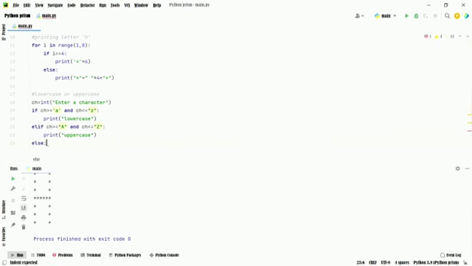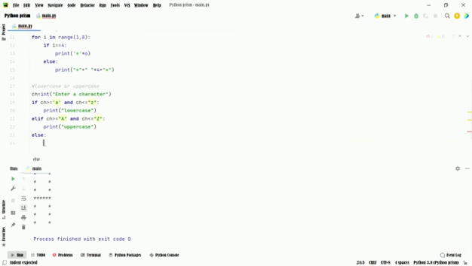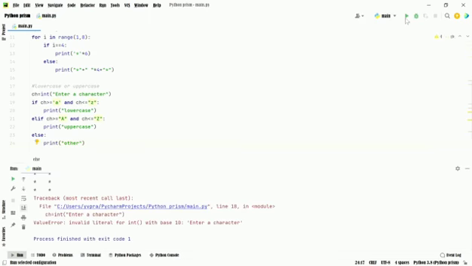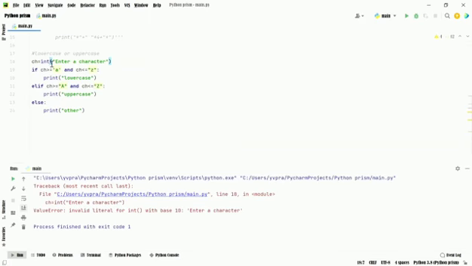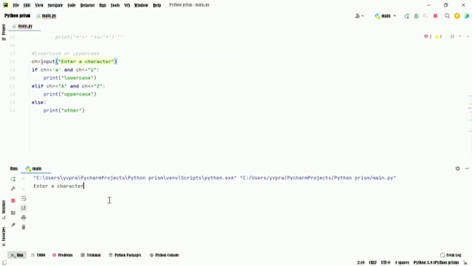Else I have to print other. So when I do run the function, I have to give input instead of int. So when I do run the function, I'll enter the character and we see that